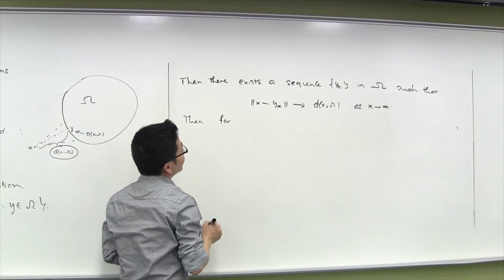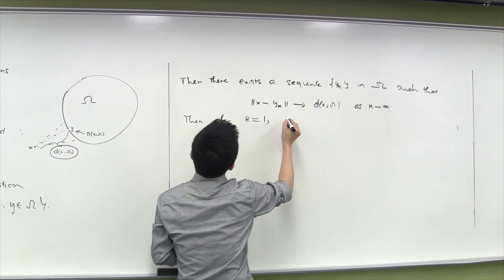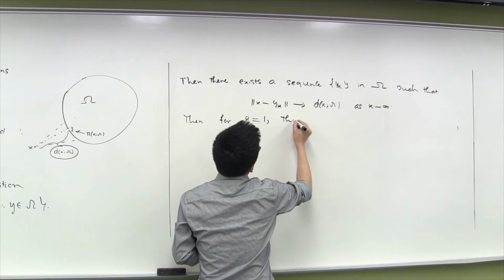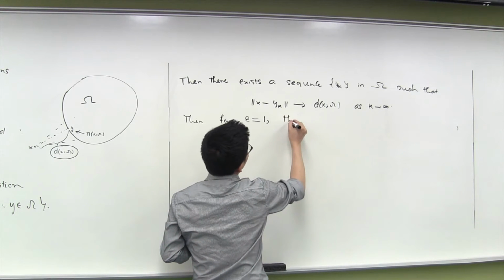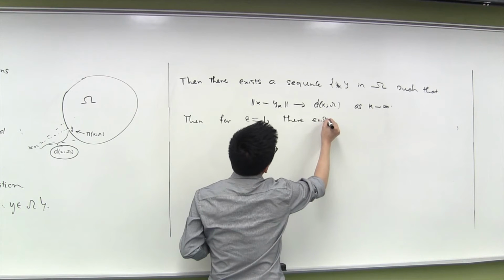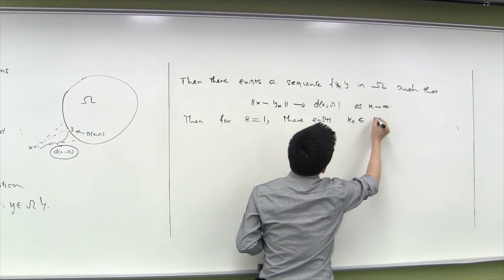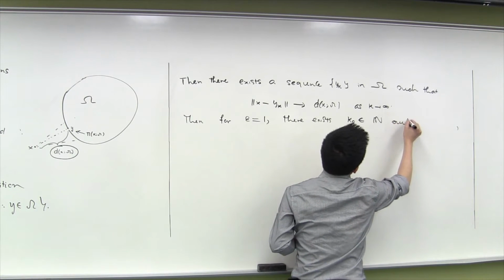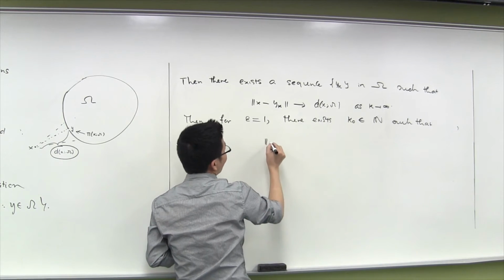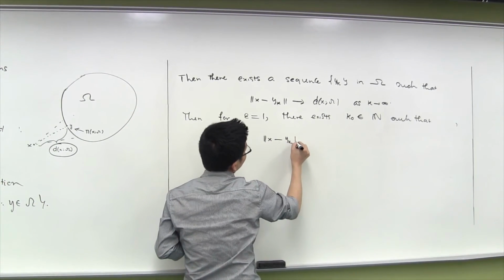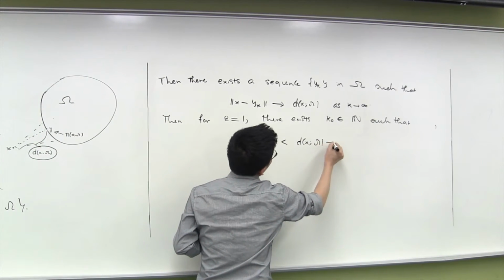If we apply the definition of limit for epsilon equals 1, there exists k_0 in N such that the Euclidean norm of x minus y_k is less than the distance from x to omega plus 1,